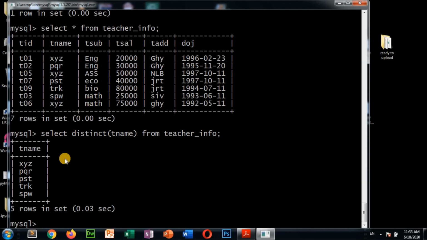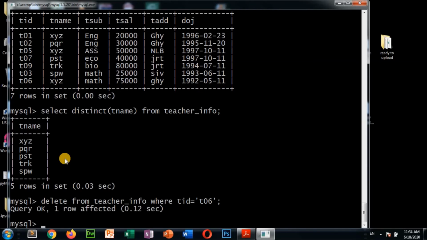So you have to write delete from teacher underscore info where TID equal to T06. Now T06 information we want to delete. So T06 is a varchar or character, so you have to write it inside single quote, semicolon, press enter.